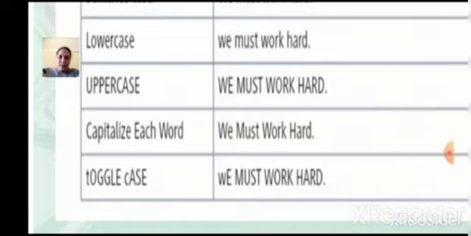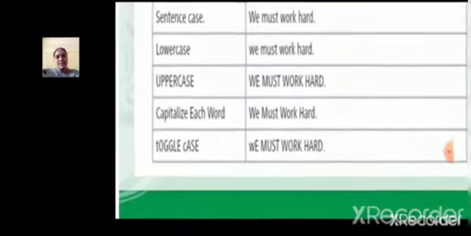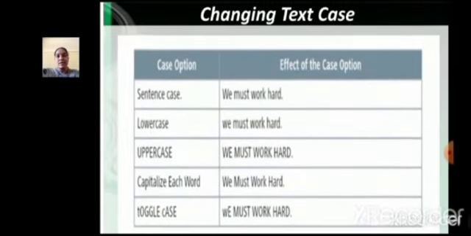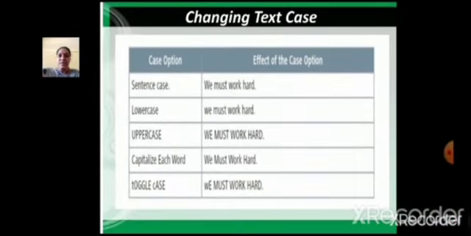Another case is toggle case, where it reverses the case. Whichever letters are capital will change to small letters, and small letters will change to capital letters. So these are the five cases which we have in MS Word.